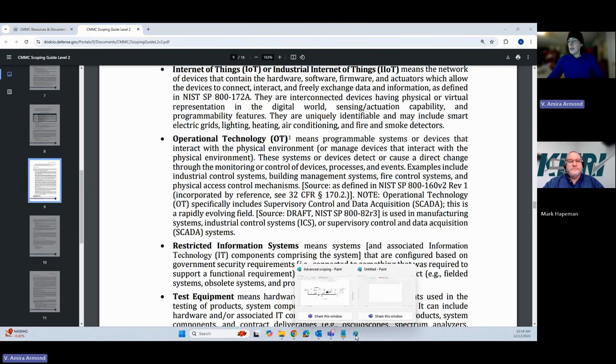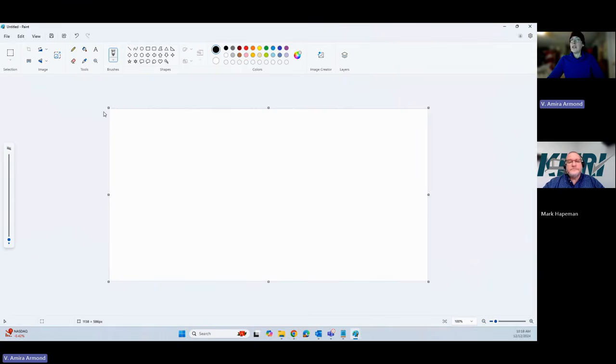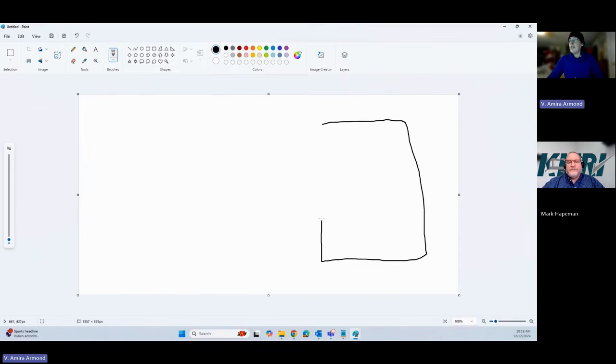Another thing that you'll see, and here's where I'm going to start drawing. You'll see this device that looks very obviously like operational technology. They put the bar right here, and then sparks fly, and you're like, all right, that is definitely a cutter or something.